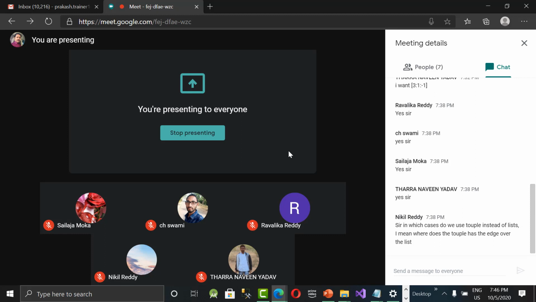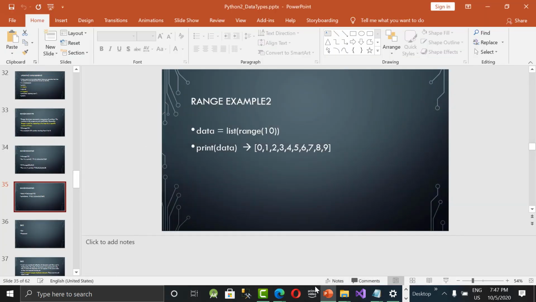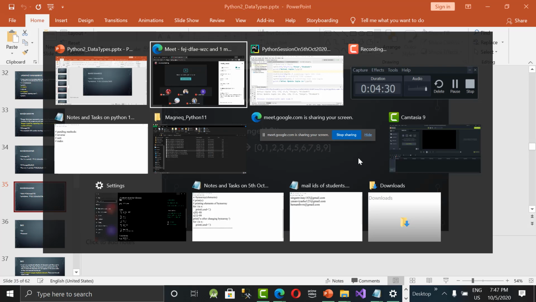Same way, employee ID is a constant. So wherever you have constant, fixed values together, then only we go for tuple. Got it? If you are frequently changing elements, it's better to go for list. So list is a very flexible type, whereas tuple is strongly typed, in the sense the values of a tuple cannot be modified. But of course, in special cases like this, we can do it, but not every time. So this is the important thing that we need to remember.